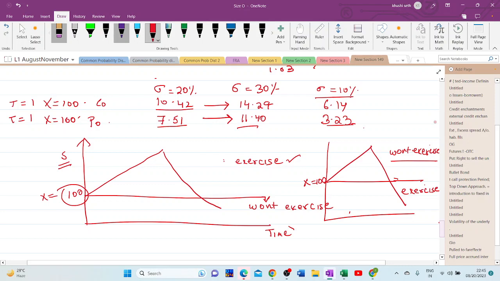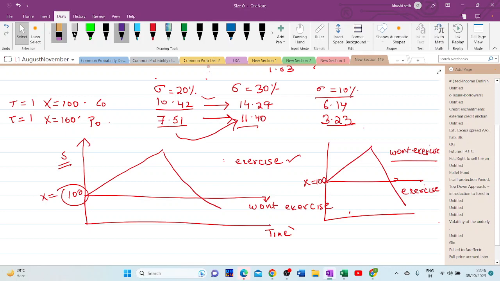As volatility increases, कॉल और पुट का जो प्रीमियम है that is going to increase, and if volatility decreases, call or put का premium is going to decrease. ठीक है, because your option premium is a function of volatility. Higher the volatility, higher the option premium, irrespective of whether that option is a call or a put, and lower the volatility, lower the option premium, irrespective of whether the option is a call or a put. And the reason is that